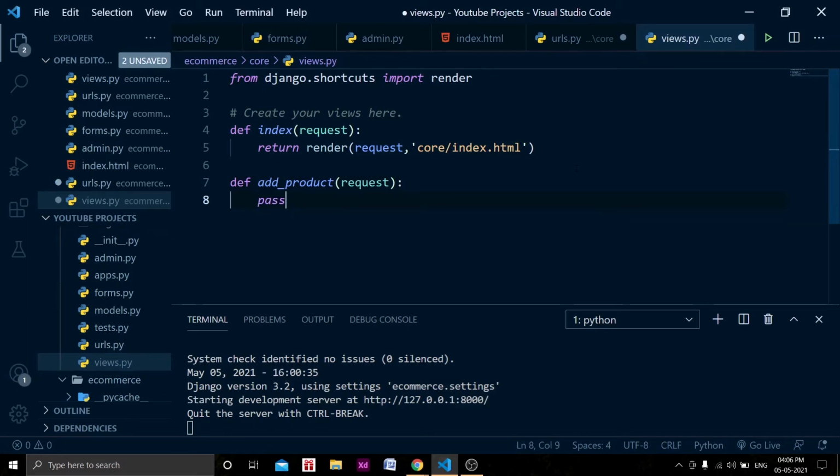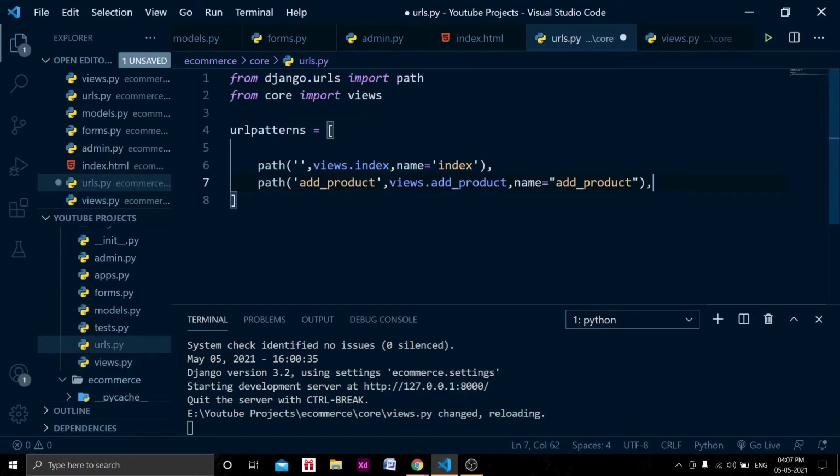Okay, let's write return render, and we will take a request and render core add product.html. We haven't created this add product.html, we will create it in a couple of minutes, right? So in the urls.py, just save this one.